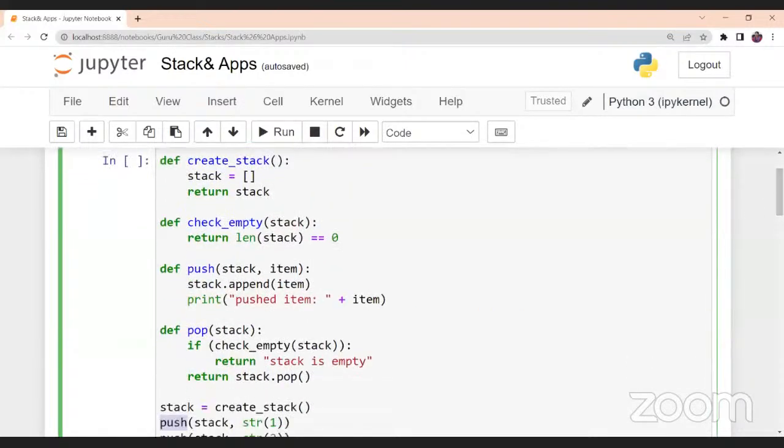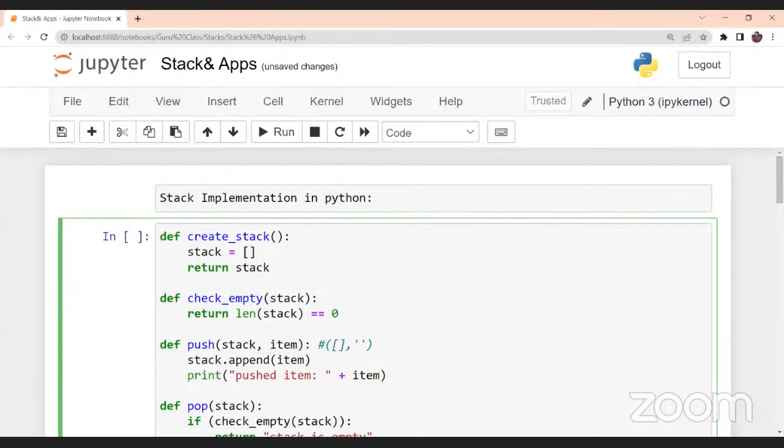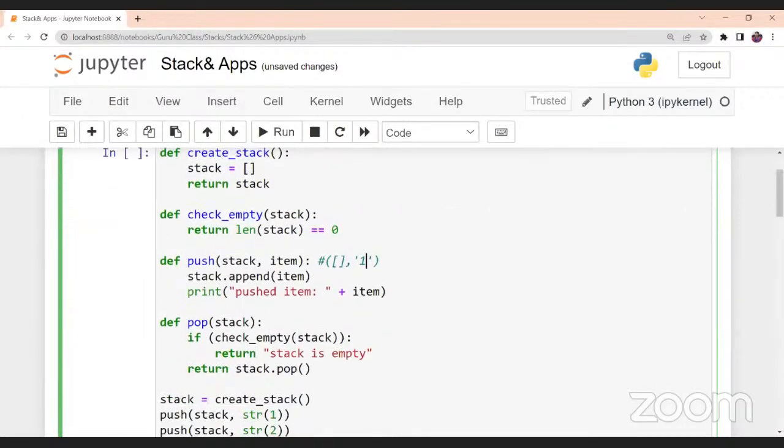See here. There is a value called stack that we just passed. What is the value of the stack? It will be an empty stack along with the item, the string 1. That means it will be in this format. This is the input, or argument, coming into this push function.